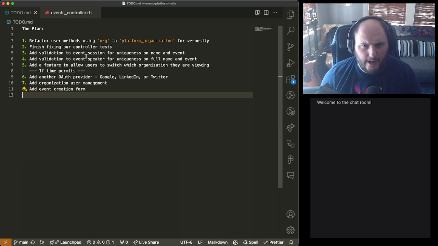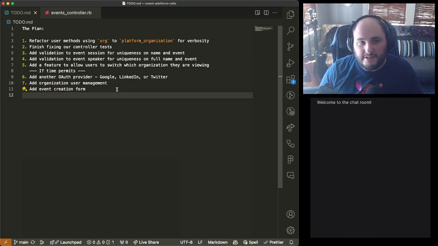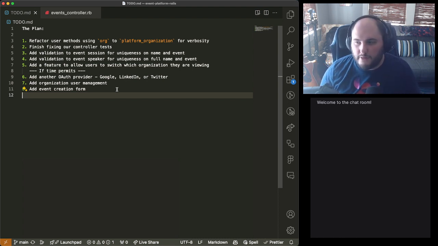I've been talking about how it's so great, but you haven't even seen a feature yet. We've just been writing controller code and tests, and you're like, man, that seems like a lot of work. You don't have to do anything I'm doing. I'm just showing you how I would approach the problem and explaining my thinking. This is tutorial-based streaming and building, so I'm not doing what I would normally do. I'm doing what I think would be fun to do as a group and to bring you along on the journey rather than just making assumptions.